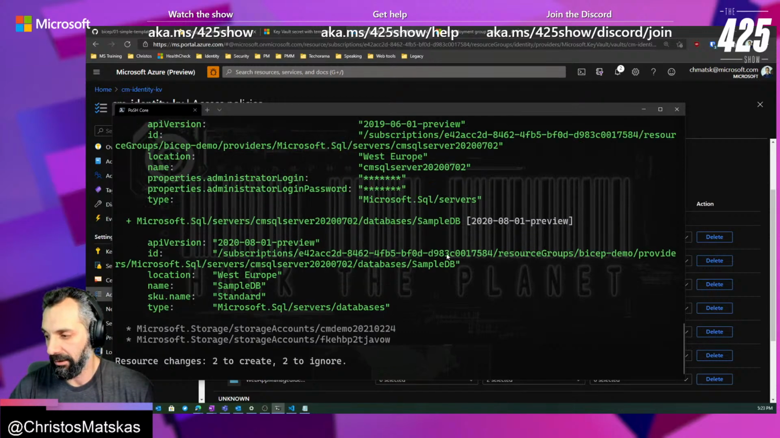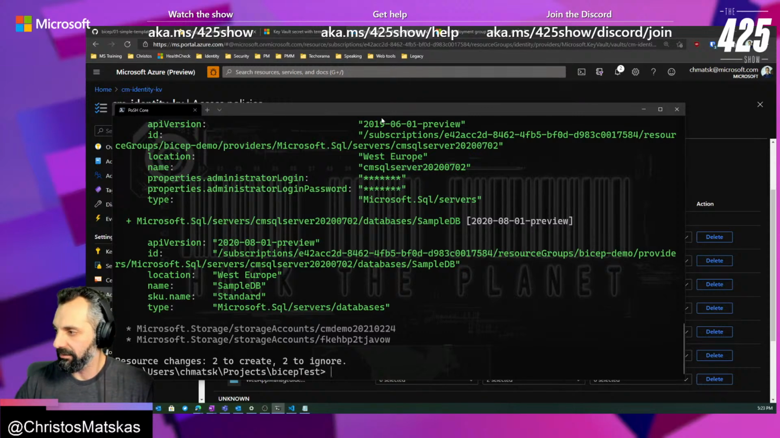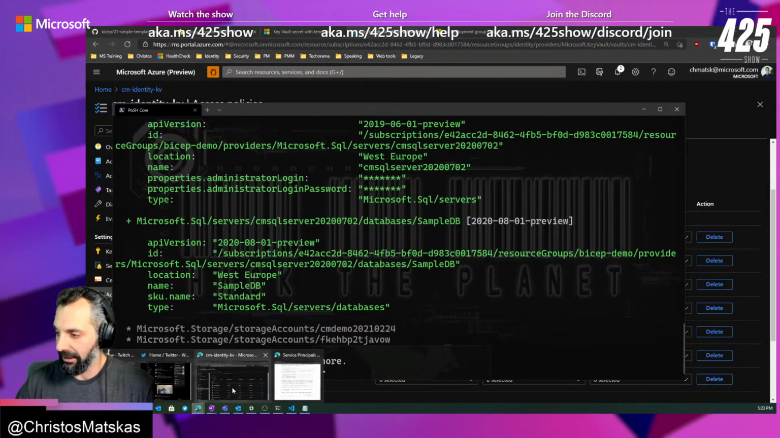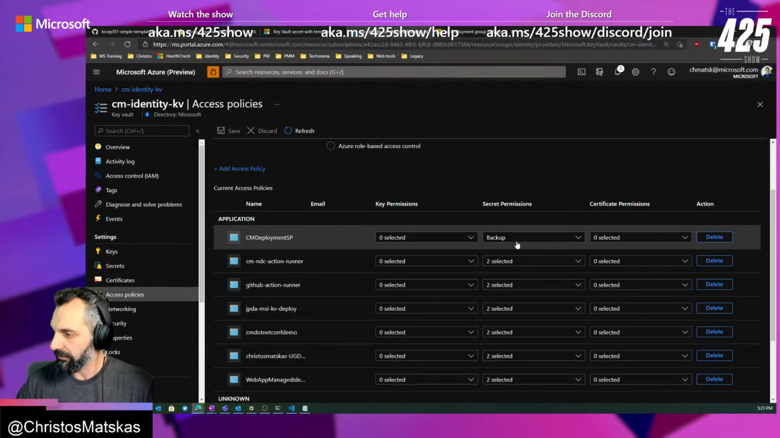I'm still trying to do stuff. Oh, what? That wasn't good. So now I'm concerned. What does that mean? Maybe it doesn't check it. It only does it at runtime. So the question now is, if I go back to my Key Vault, which is this one,